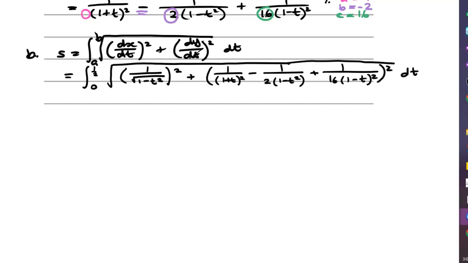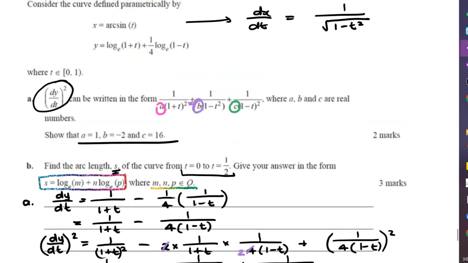Now, as we've seen in previous questions, because everything is currently trapped inside of that square root, we're going to be manipulating what we have to attempt to get a perfect square inside of those brackets. These questions are purposefully written so we can use that. You'll also notice that I've kept this in the form that they had suggested in the question in part A,